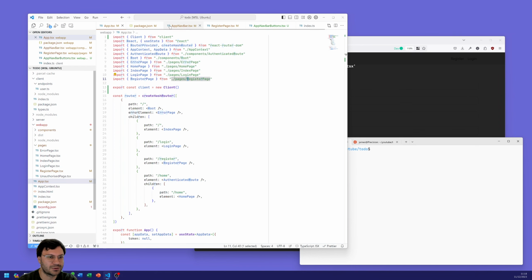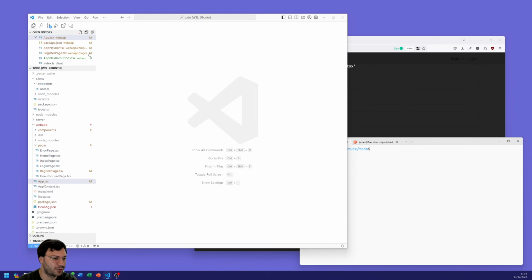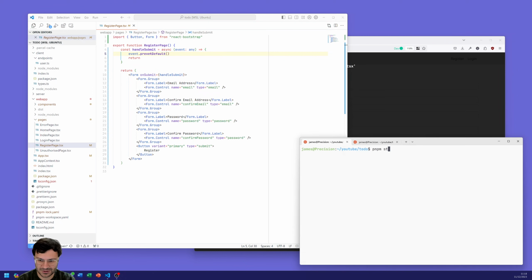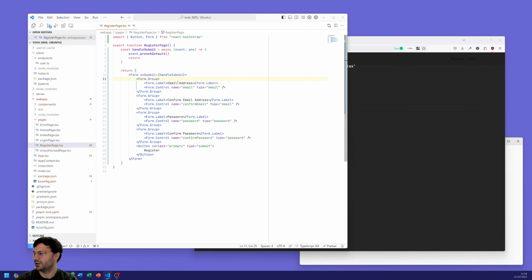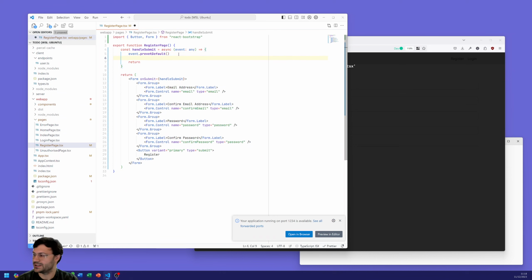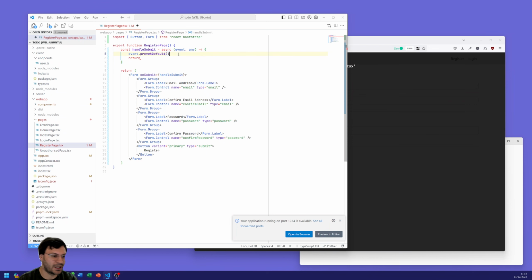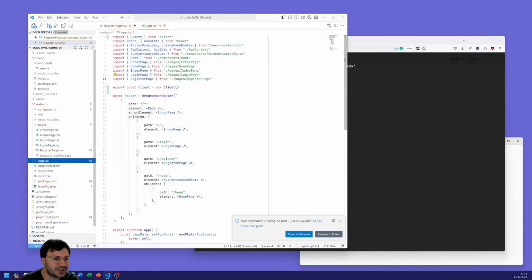Let's close that one. Let's clean up our rows a bit and go back to our register page. And let's start our server again, our web app. There we go. So that should rebuild. Right, so now we want to call that client and use it to access our browser. And actually in the app.tsx we want to